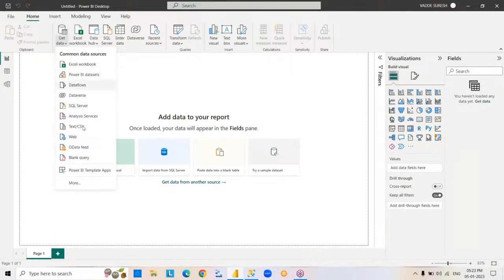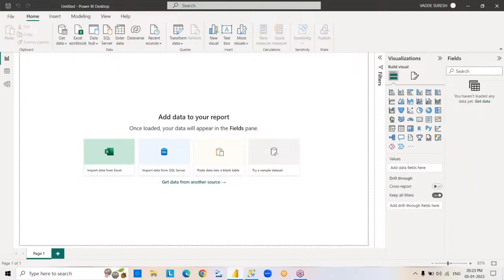By connecting to these data sources, we can copy data. In the same way, before going to copy data from this source, we have to